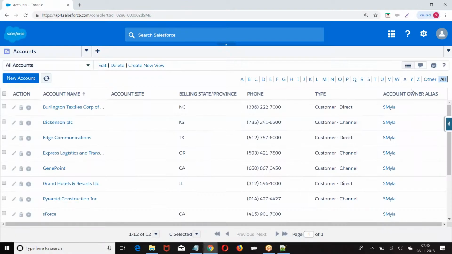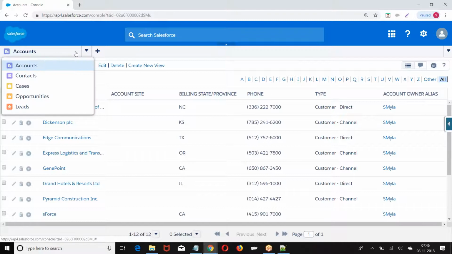Look at the view. The UI is changing, right? Now here tabs are shown vertically, not horizontally. When you go with the standard custom application, tabs will be horizontal. But here we have this. We'll use this when you have less number of objects.